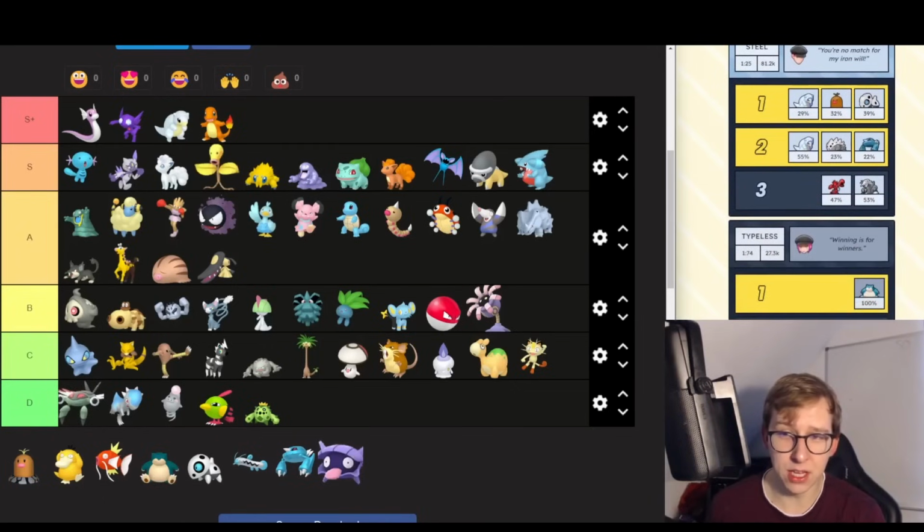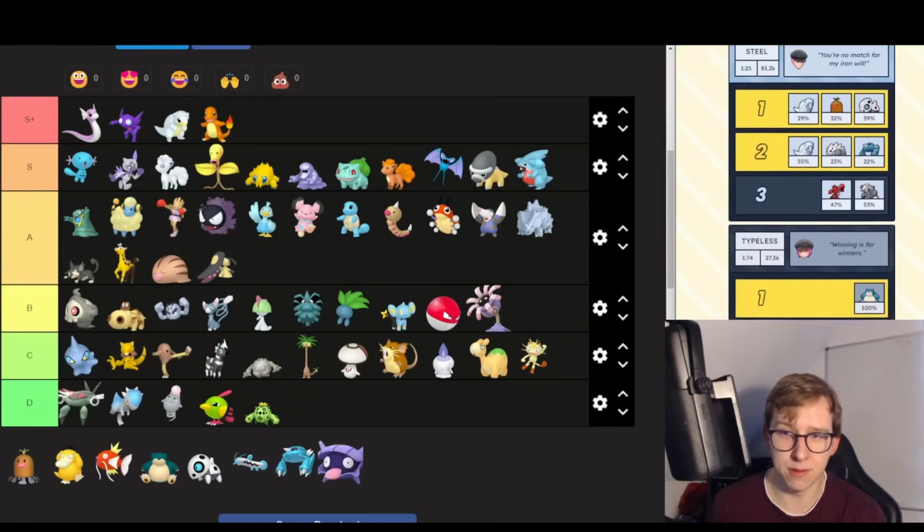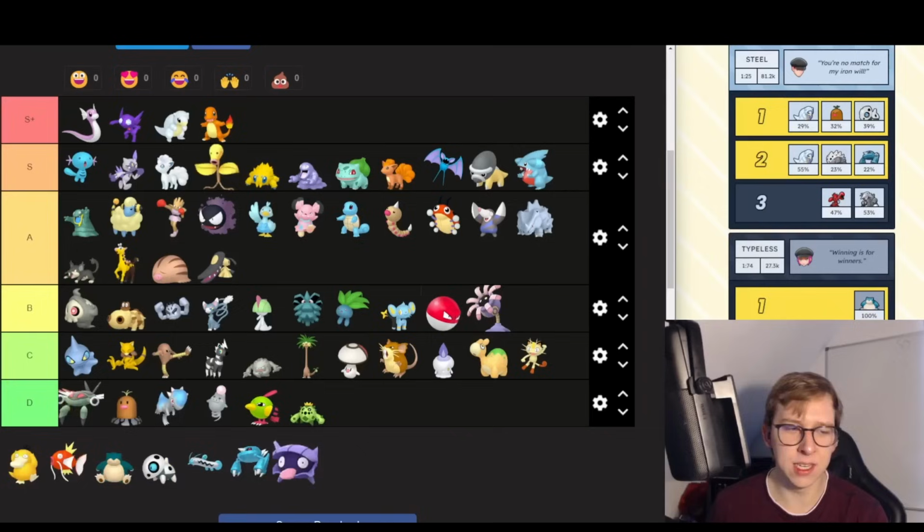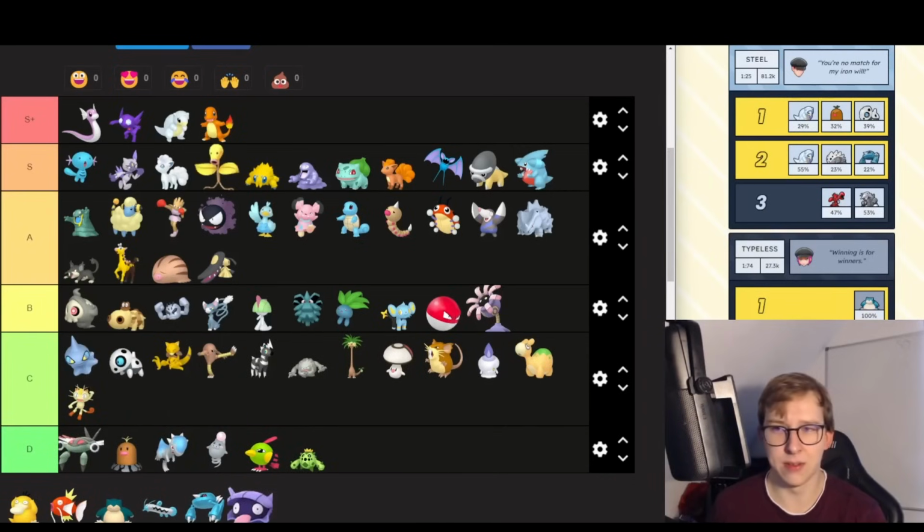As we can now move on to the Steel Grunt, we already have some of them covered here. One of them is covered with the Alolan Sandslash in the S tier, but the other ones, the Diglett for sure D tier, never going to be usable. Aaron, I'm going to put you into the C tier, it's mostly never going to be usable either. And then we're going to have the